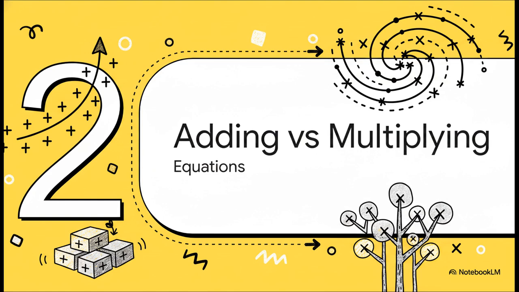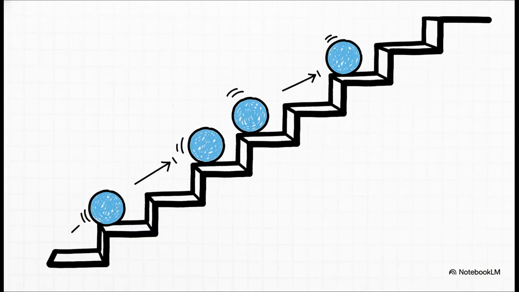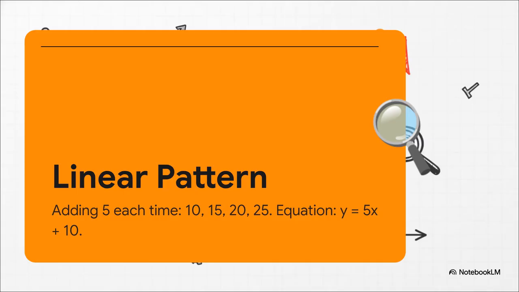All right, let's move to Section 2, equations, adding versus multiplying. Let's see exactly how these two look on paper. Let's start with the linear equation format, y equals mx plus b. The absolute key here is m. In linear growth, things increase by the exact same amount constantly. You're literally just adding m every single time you move forward. It's exactly like climbing a staircase where every single step is the exact same height. And this brilliantly illustrates that idea.